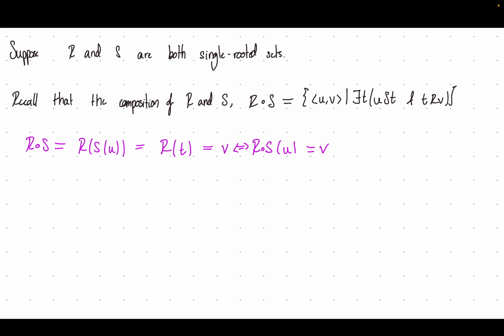If R and S are both single-rooted, then we're going to show that this set is also single-rooted. So since, or rather, let's suppose (U, V) is in, or rather, no, that's not the right way to do it. So suppose V is in the range of R compose S, right? Then there must,